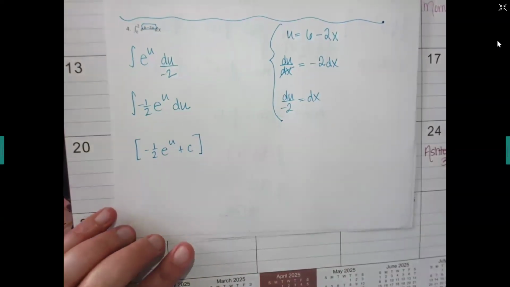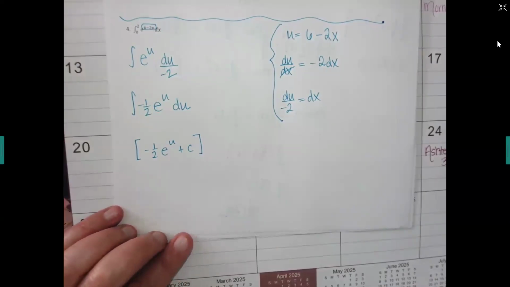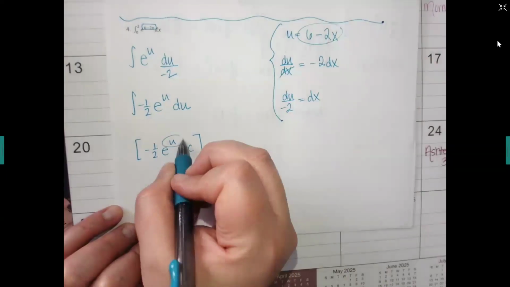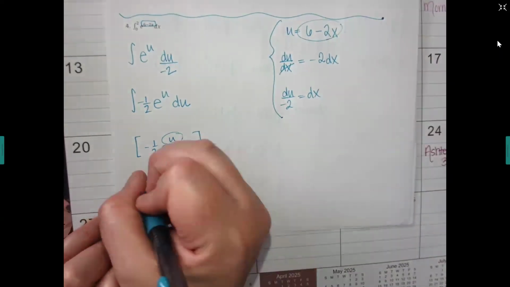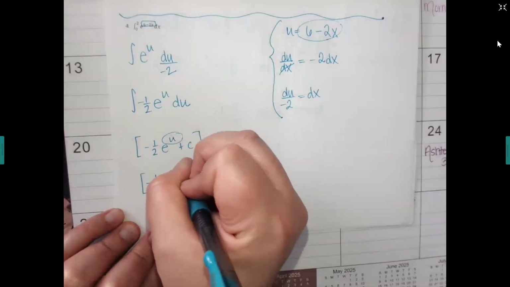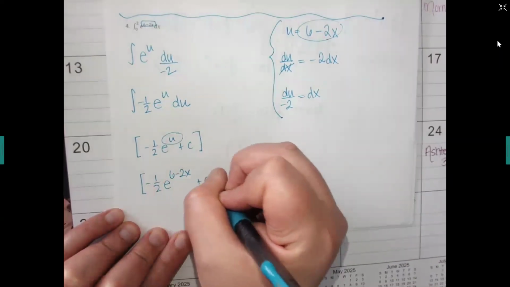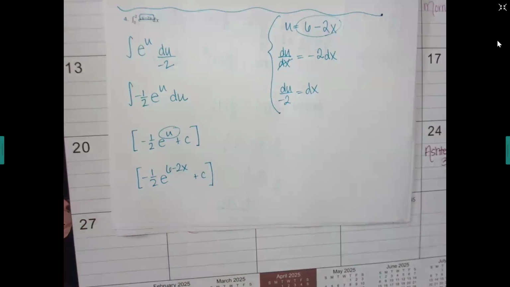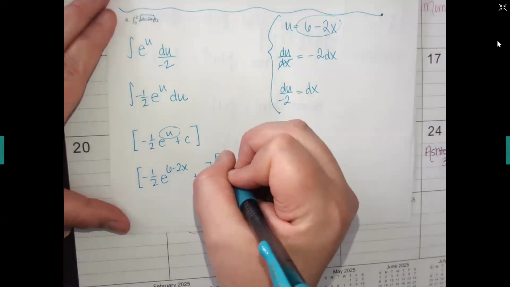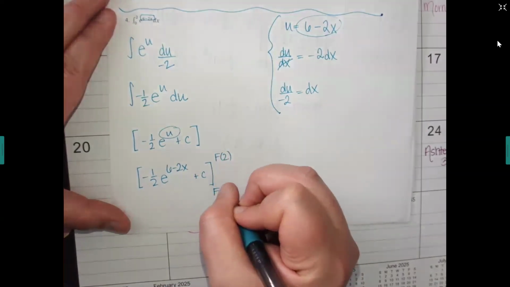And then before I plug in, I have to go all the way back to my original x stuff. So I'm going to take my 6 minus 2x and plug it in right there. But notice the reason that we have those brackets is because we have endpoints. Then we're going to find capital F at the top endpoint, which was a 2. And then capital F at